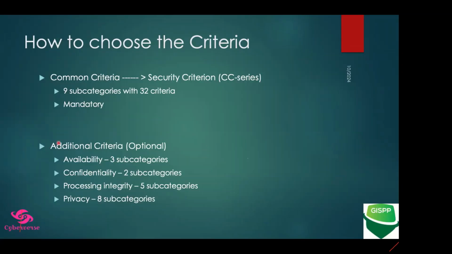Now, in the security criteria, we basically have 9 subcategories and 32 controls, or you can call criteria basically, or sub-criteria. This is a mandatory one. So this is your starting point. इसके बिना, you can't go for SOC2 compliance, as simple as that. So you will start with the security criteria. Now, out of the remaining 4, जिसमें आपकी availability है, confidentiality है, processing integrity है, and then you have privacy, these are called optional criteria.